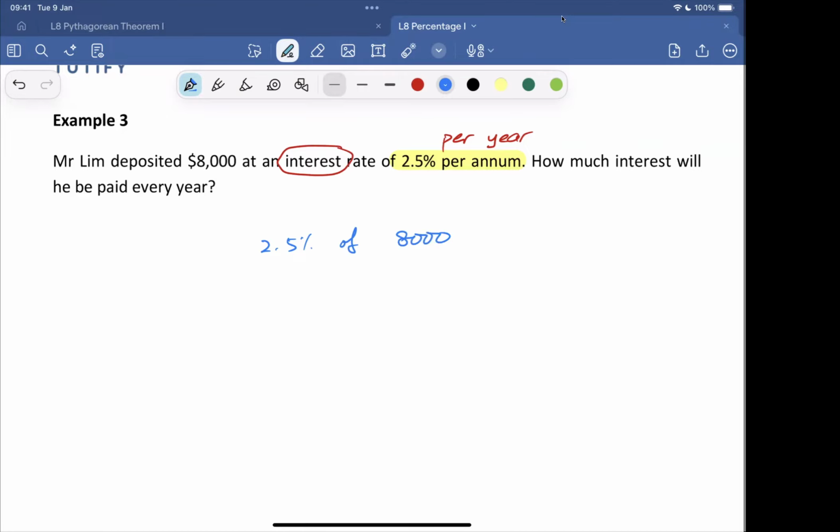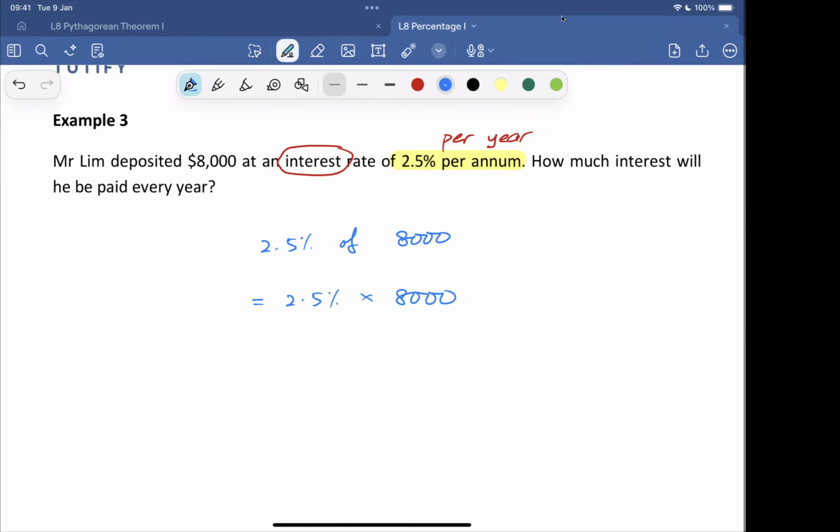$8,000. Okay? Now, whenever you see the word "of" in mathematics, do you think it means plus, minus, times, or divide? Times. Correct. It means times. Very good, students. Very good, Oliver. So when somebody tells you 2.5% of 8,000, it means 2.5% times